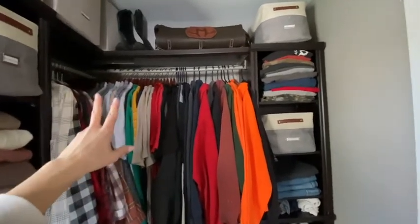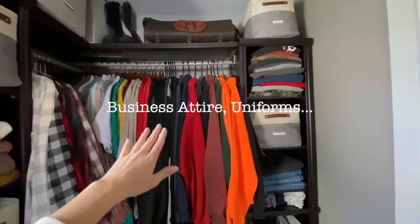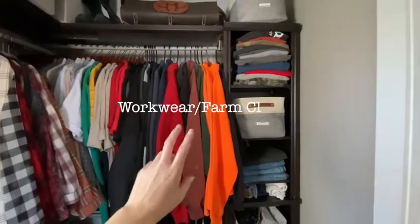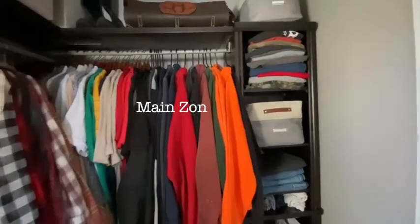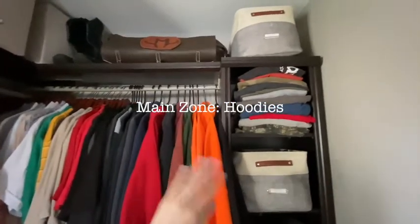So he's got some dress clothes. He's got some polos that he wears, uniform type stuff for work and presentations. And then he's got some raggedy old hoodies that he will not part with because they're super warm. So we have a hoodie for every day of the week and then some. I'm sure there's still some in the mudroom that I need to try to find to put in here. So I'm going to try to talk him out of a couple so I can have a little bit more